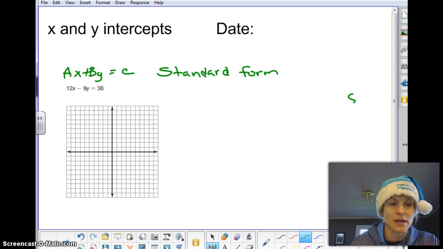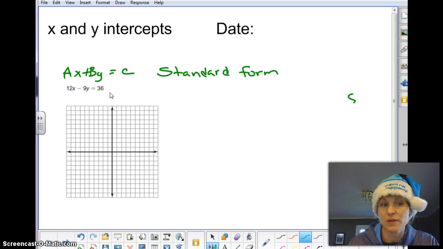right? And they're all in whole numbers. That's a positive, so that makes it standard form. So we know that this makes a line now. If it's in standard form, we know it's linear. So we can graph this by finding our intercepts. And we've talked about this a little bit with our Carnegie activity, and some of you guys were a little